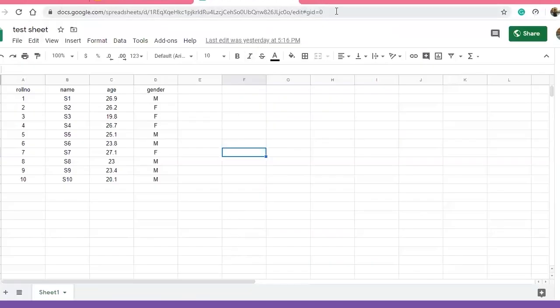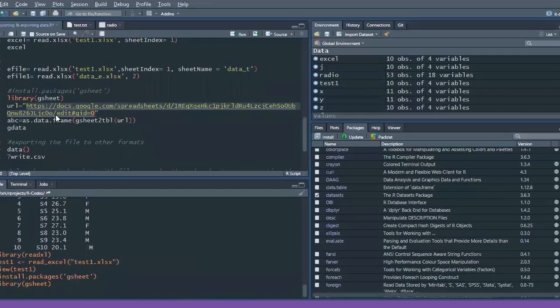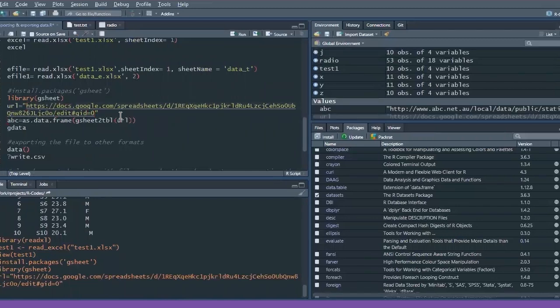Now we'll take the URL from this and paste it here. So I'm creating a variable with this file name and I'll save it. Now the next step is I'm using a function from this googlesheets package, and the name of the function is